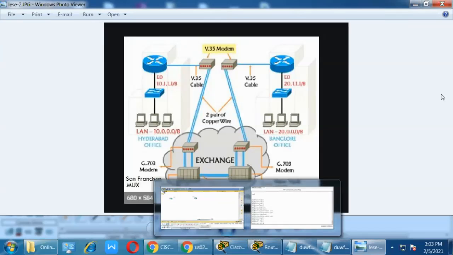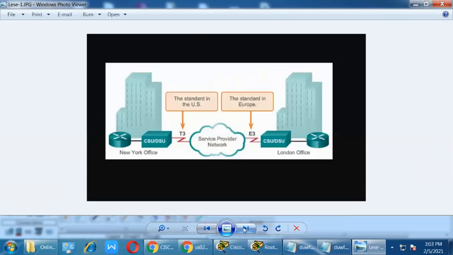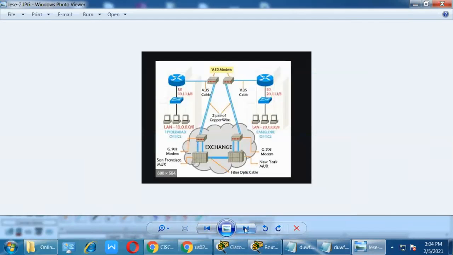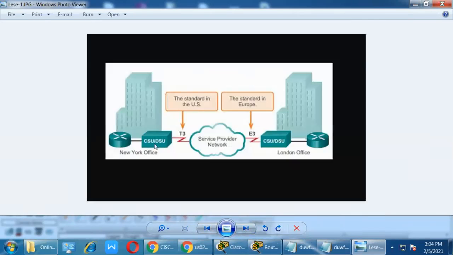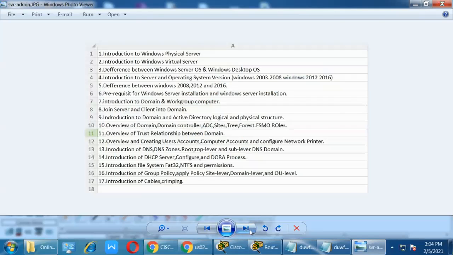So when you see the WAN configuration, we have already discussed many types of configuration. Okay, so this modem is a CSU DSU modem, right? The technical name is CSU DSU modem, channel service unit, data service unit. Okay, so this is connected to it. This is the American standard, this is the European standard, I told you already. Okay, the American standard speed is 1.544 megabit per second, and I think 2.048 megabit per second is a little higher speed in the European standard. Okay, so that is the configuration.